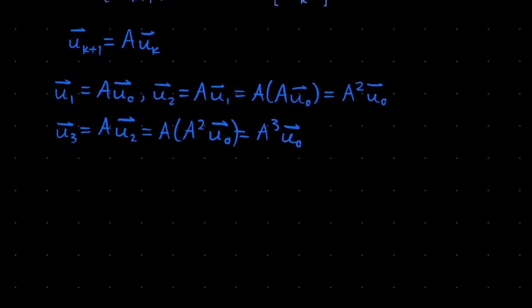And so we can directly derive a formula. U of k is equal to A to the k u naught. Right? U of 2 is equal to the second power of A, and u of 3 corresponds to the third power of A, and so u of k corresponds to the kth power of A. Fantastic. But now, there's still a problem, right? The thing is, we don't have a nice formula for A to the k, and so what we're going to do in this step is to diagonalize A, assuming that A is diagonalizable.